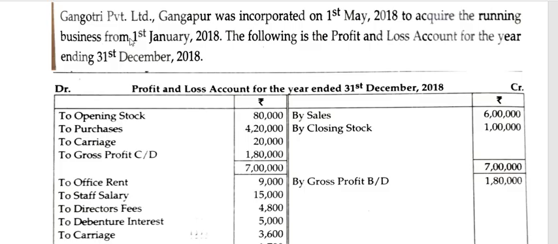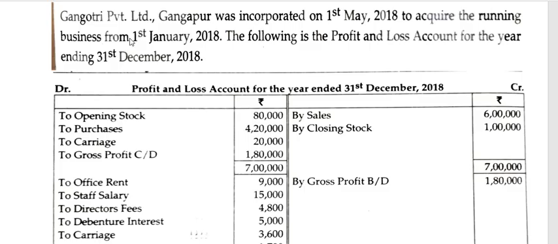I am Namita Mane. In today's video, let us discuss how to solve the example of profit prior to incorporation. In the last lecture, I explained what we mean by profit prior to incorporation, and on what basis the income and expenses are to be distributed or allocated to pre-incorporation and post-incorporation. So today we are going to see how to solve the examples of profit prior to incorporation.